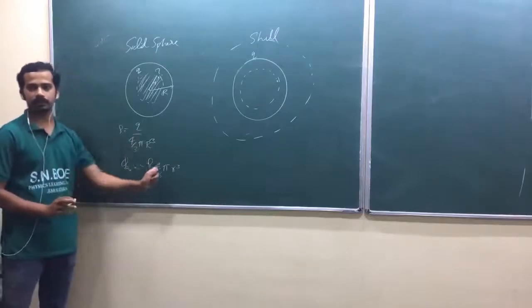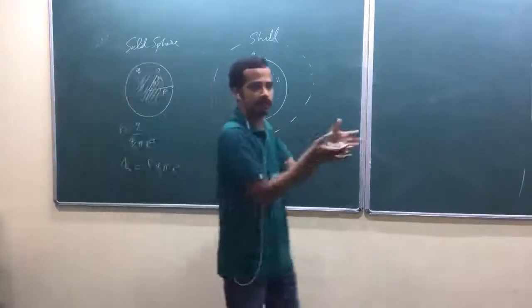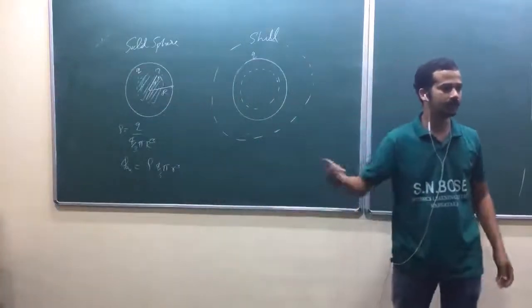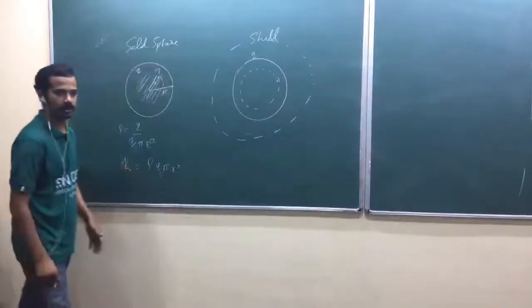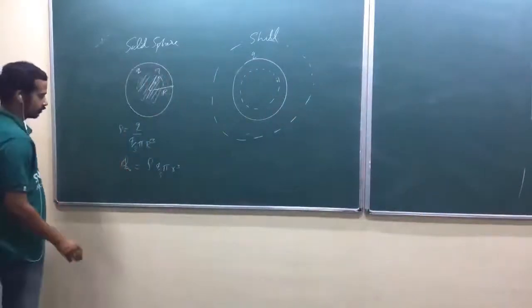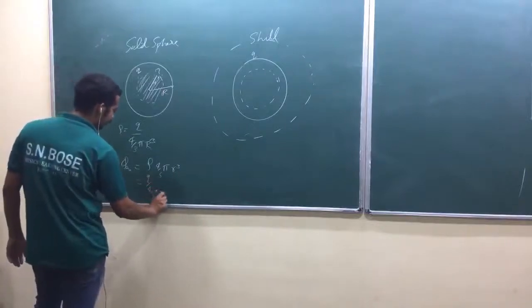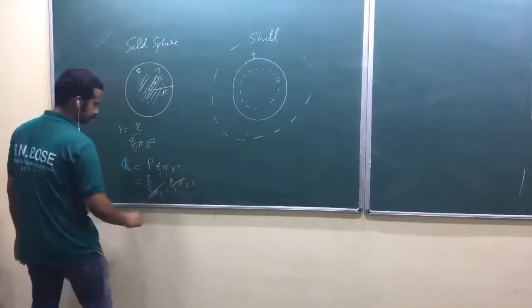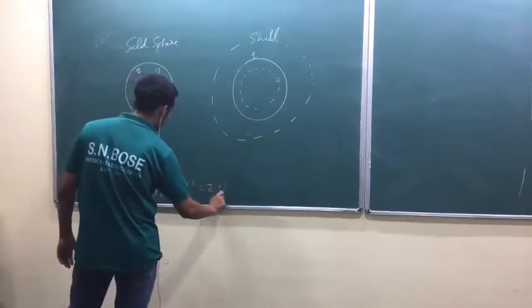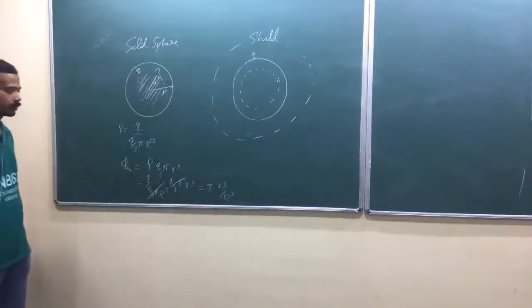Since it is uniform, this is allowed, isn't it? Any fraction of that region you can take and you can use the density. Am I right? If the density is a function of some coordinate, then you have to go for an integral. So that will be Q by 4 by 3 pi R cube, times 4 by 3 pi r cube. Look here. Q r cube by R cube. Is that okay? Q enclosed.